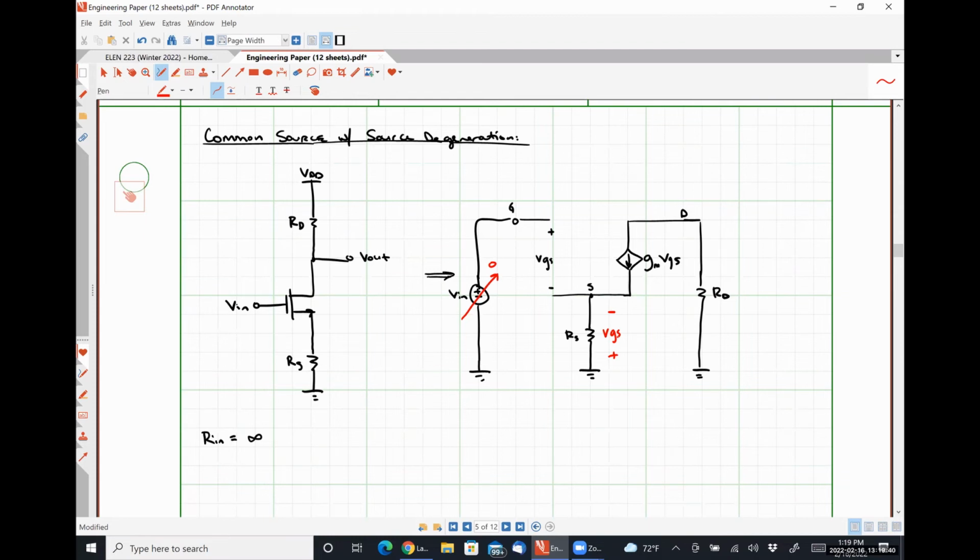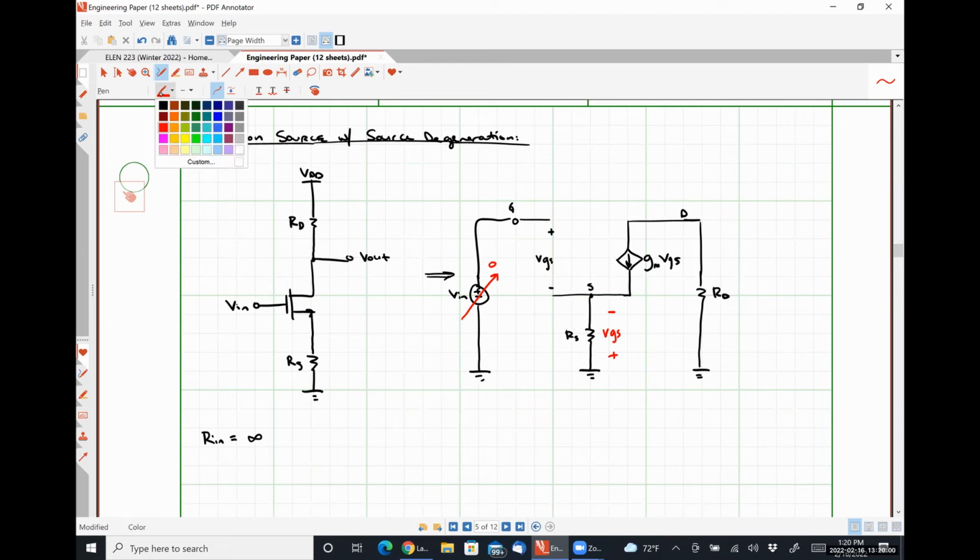Right? The negative polarity terminal is associated with this node S, and the positive polarity terminal is associated with ground. Are we all okay with that? All right, so